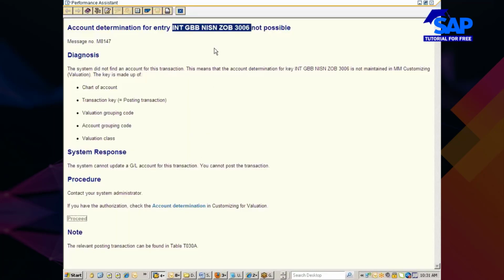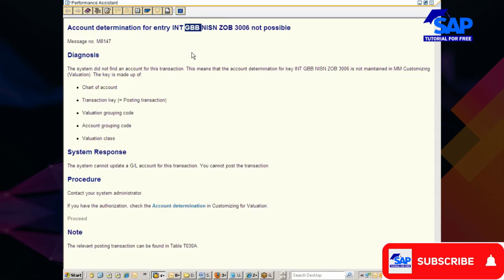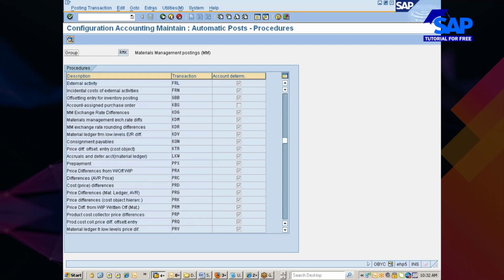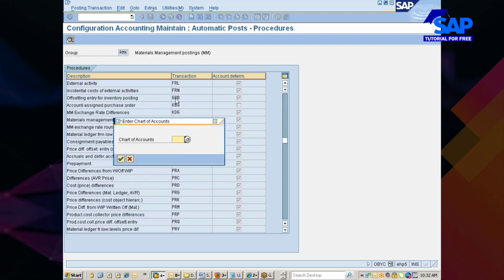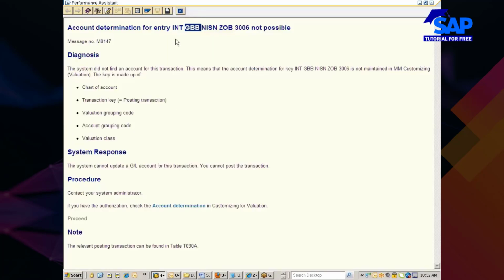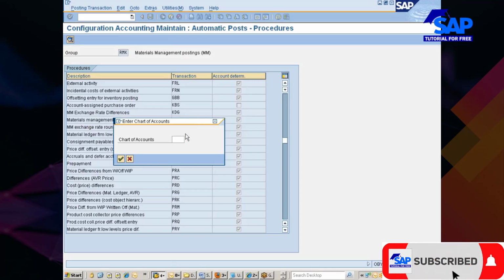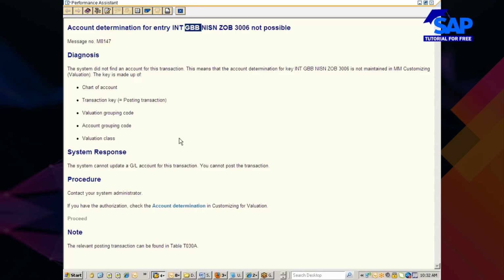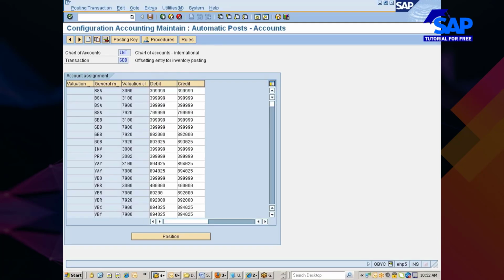Now you come back to here. You have to first identify what is the transaction event key here. GBB is the transaction event key. So you look here for GBB. Where is GBB? Double click GBB. What is chart of accounts? You take it from here. INT is the chart of accounts. Now you see here INT GBB is identified. NISN ZOB. So look for, you see here,